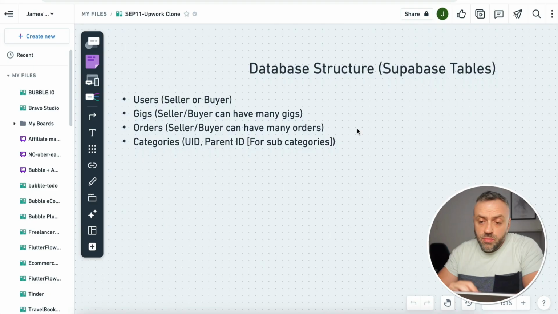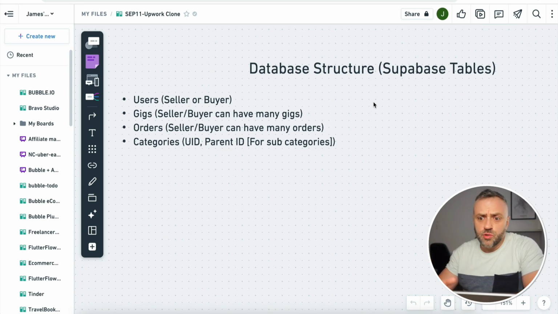Okay, so now that we talked about the UI, the different flows, the different functionality, let's talk about the database structure and schema. If we come over here, we have a database structure, and remember, we are using Supabase. When it comes to database structure and schema, this is going to be radically different compared to our previous apps where we used Firebase, FirestoreDB. Supabase is a relational database, which means you need to create different tables, views, and link them together in a way that